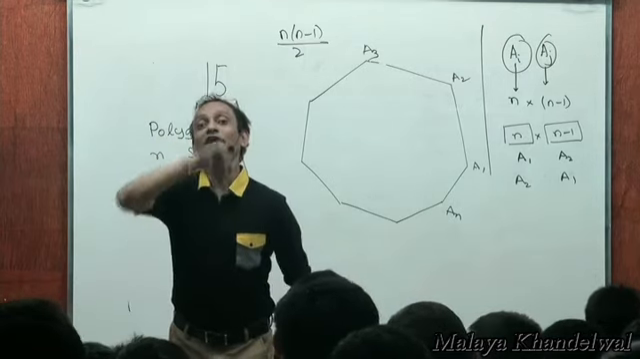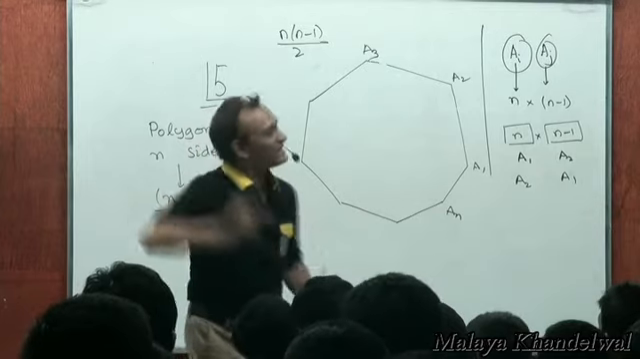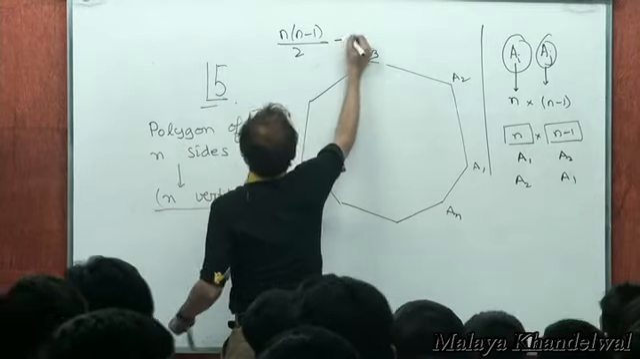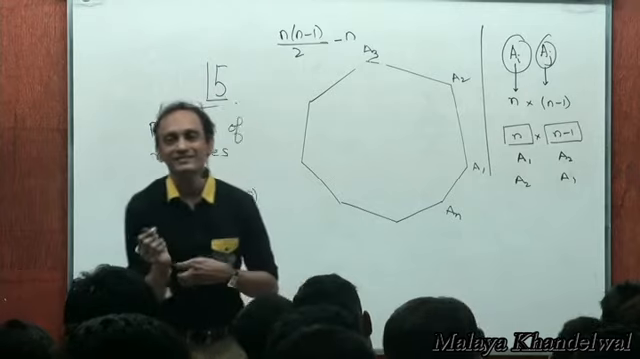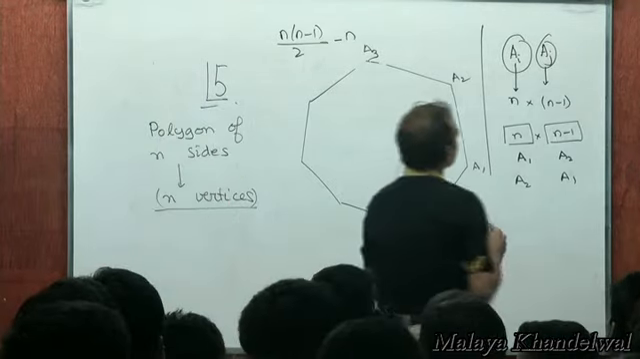But not all are diagonals. From this, I want to remove n, the sides. From this, I want to remove the number of sides n. Yes, yes. See,